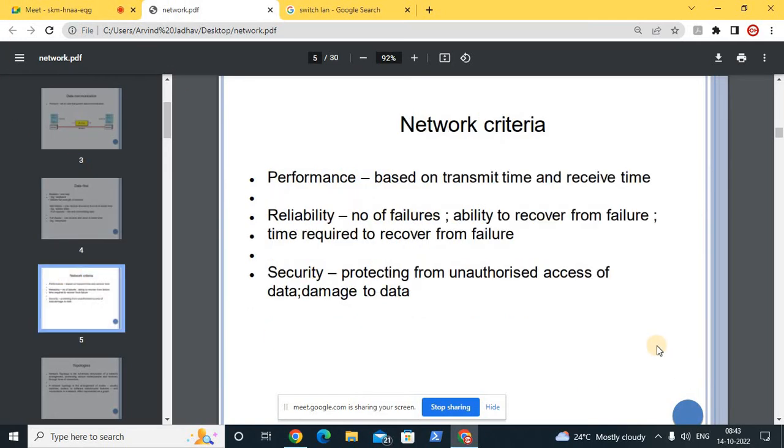Later on, we'll discuss some criteria for why the network is reliable or why the network has some strong points. First one is performance. There are lots of devices available right now. Okay, when we talk about performance, we'll discuss it in the AWS chapter. Earlier we got a switch of 10 by 100. I'm talking about the speed. Okay, if we have 10 PCs connected with a switch of 10 by 100, then they can transfer data within a network at a speed of 100 Mbps